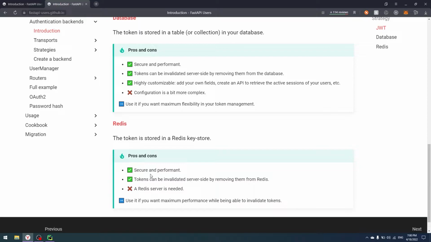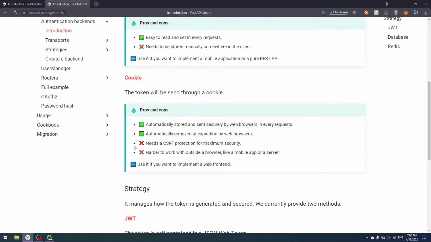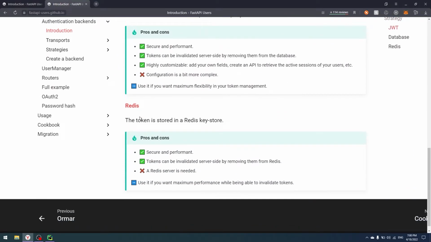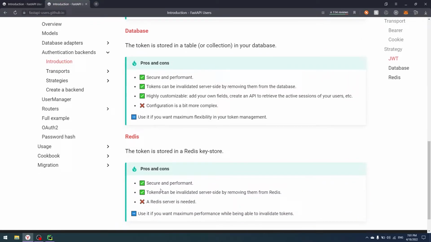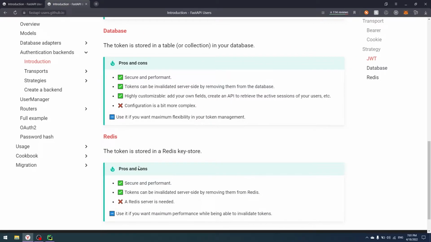If you're gonna use Redis, then of course we're gonna switch to our strategy that uses Redis. The only problem is that a Redis server is needed. So we need to maintain a separate program, a separate group of servers, and I don't want to do that right now. Of course, you can run your Redis server in a Docker, but if we're talking about deployment and production,